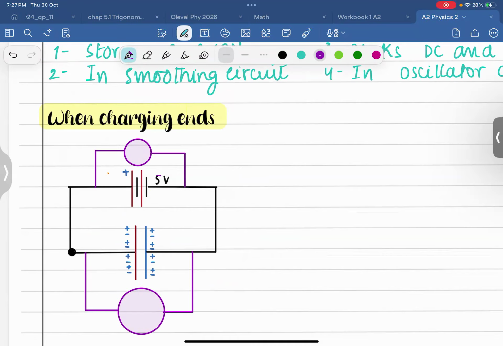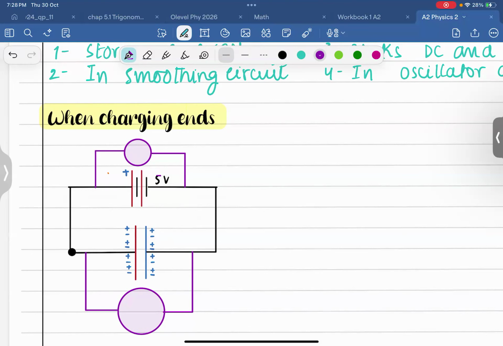Initially, when you connect the voltmeter across the battery, the voltmeter will read 5, and when you connect the voltmeter across the capacitor, it will read 0, right? Simple concept. But as charge starts storing from one plate to another plate, the potential difference will increase from 0 to 1 to 2 to 3 to 4 to 5